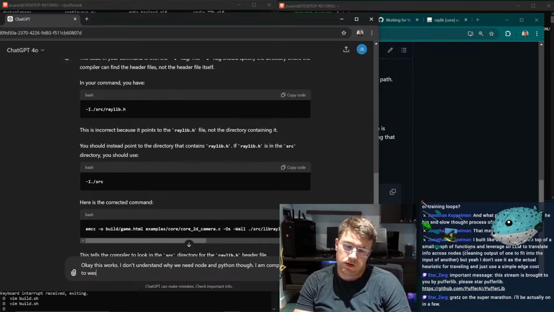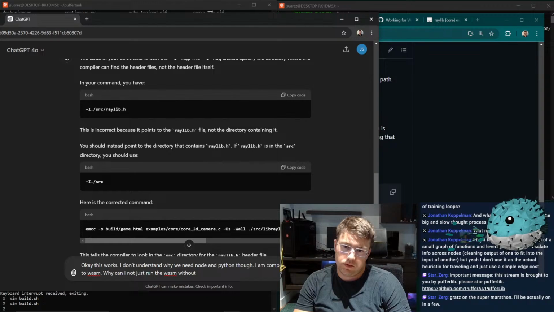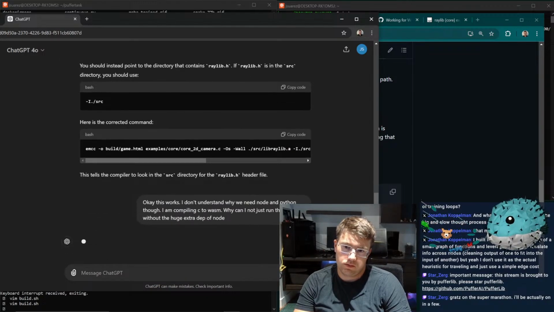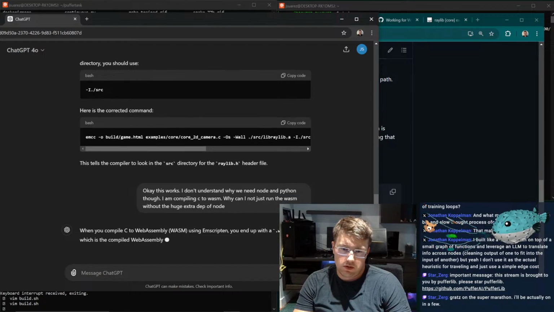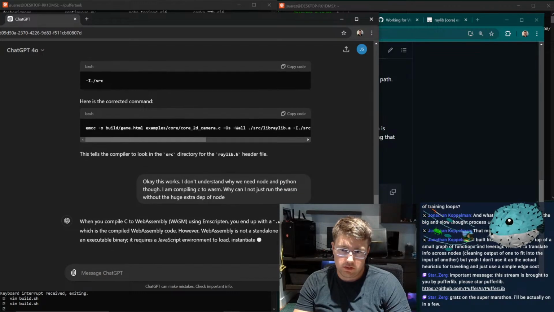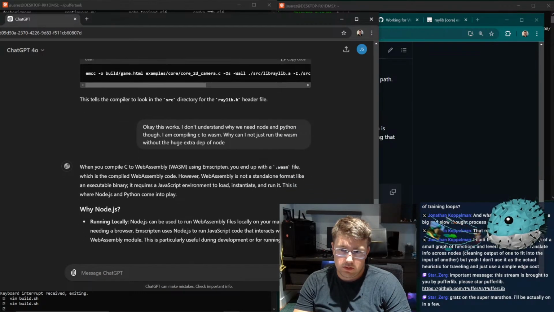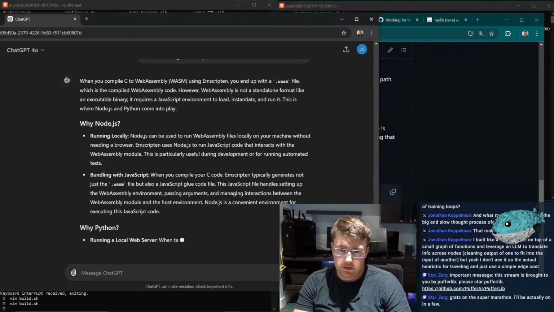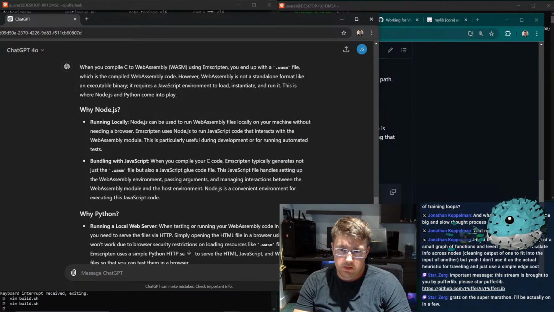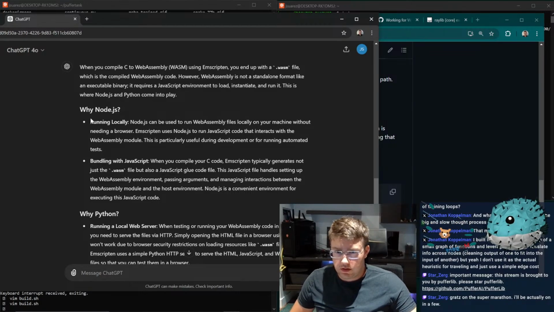C to WASM. Why can I not just run WASM without the huge extra depth of Node? You end up with a .wasm file. Okay, this first thing doesn't make any sense.